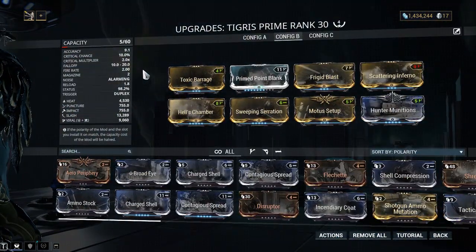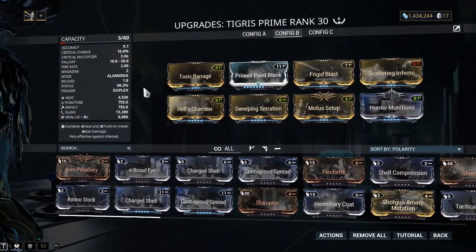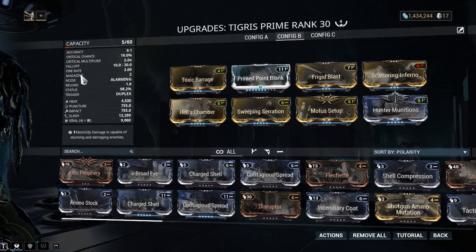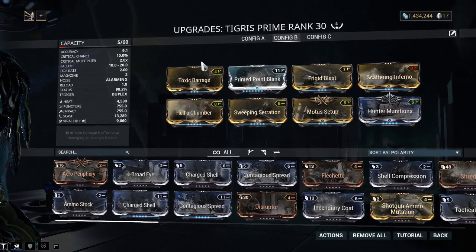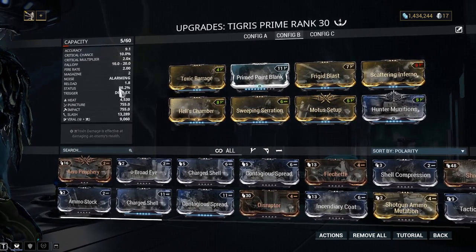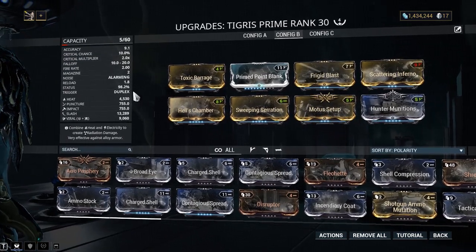So here is my TIGRIS Prime build that uses MOTUS setup and Hunter Munition. Toxic Barrage and Frigid Blast combination for viral, and Scattering Inferno for heat. You must use the status elemental mods because you want to achieve that 100% status chance on your TIGRIS Prime. It's shown here that it's not 100% status chance, but with the MOTUS setup boost, it will achieve 100% status